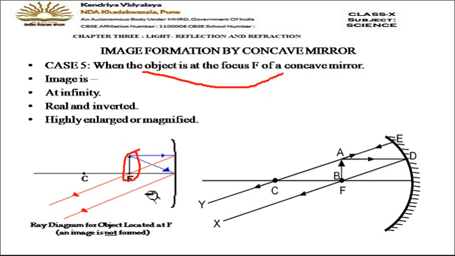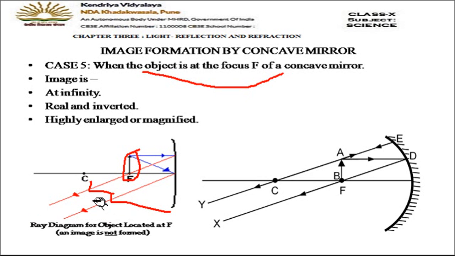Now again two rays we have to consider. One ray we can consider is parallel to the principal axis, and it will pass through F. So you can see it is passing through F and going like this. And the second one is falling obliquely, so obliquely it will get reflected. This one is the reflected ray, and you can see here that both the reflected rays are parallel to each other. And children, you all know that parallel rays, you cannot show them meeting at one place.